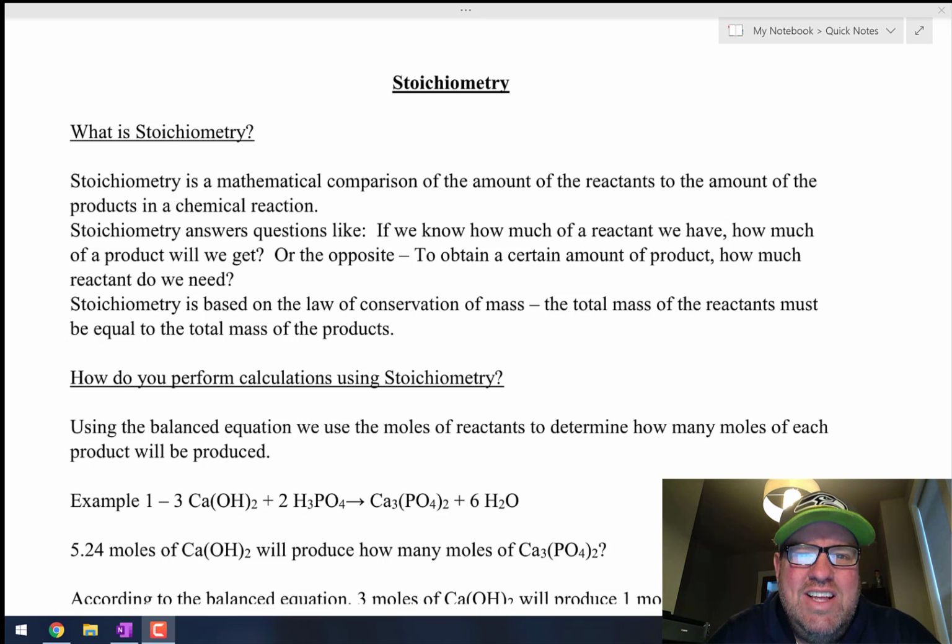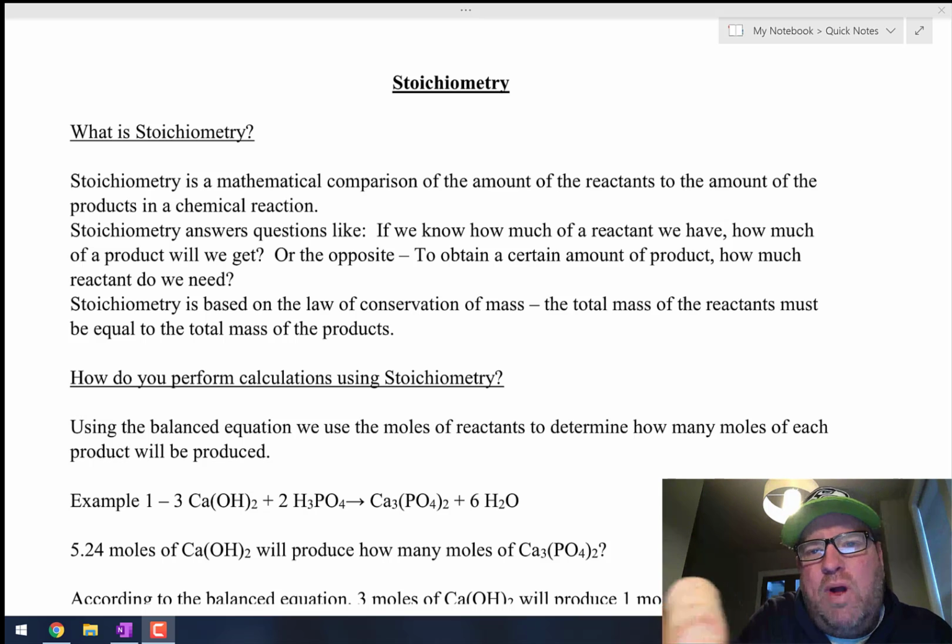Our next unit is called stoichiometry. Kind of hard to pronounce, but pretty easy to do. Stoichiometry deals with things like, let's say I want to